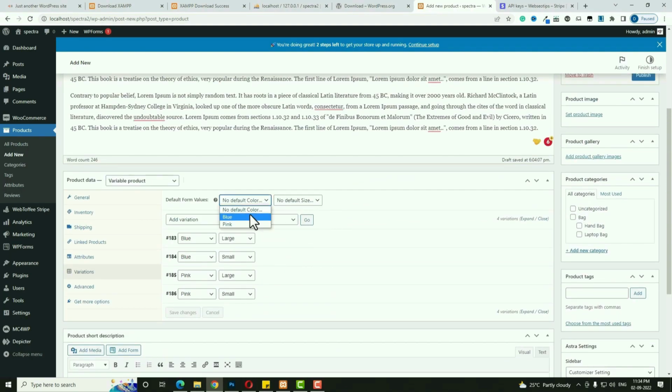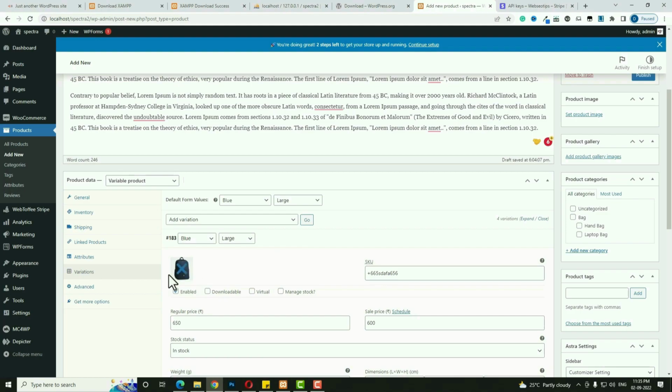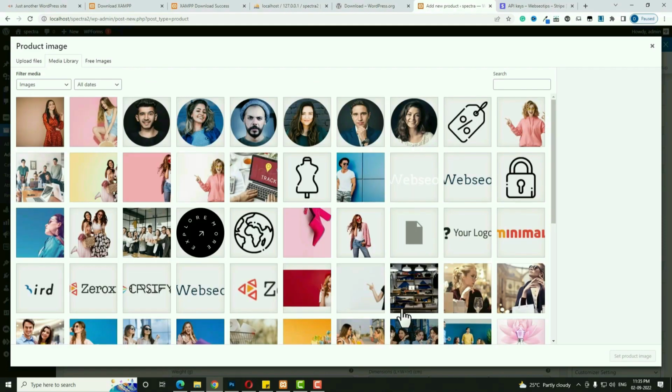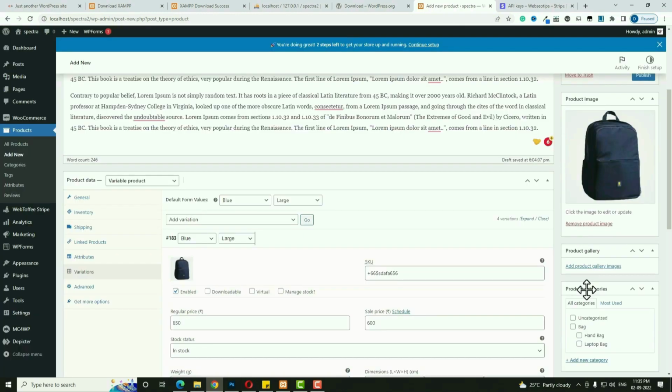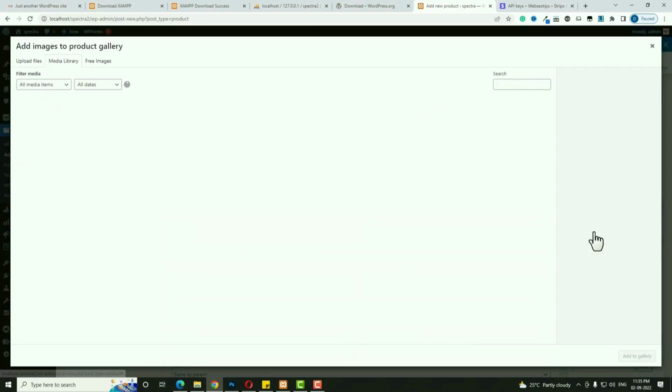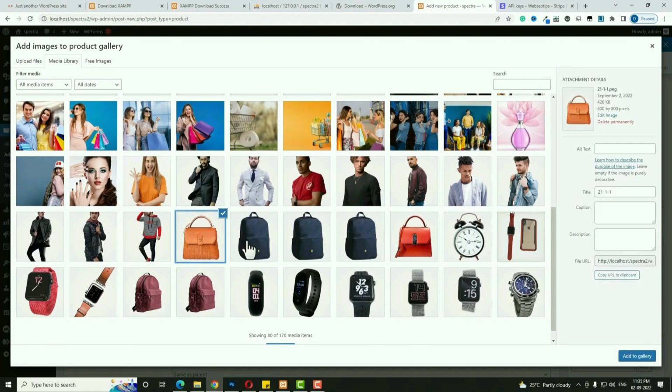Suppose I am choosing blue and large. Now for the blue and large combination I select this image as a product image. Okay, the similar image you have to upload in the product image. Hope you understand the concept. So blue color large size, I mean this one. Okay, click on the set product image, and after that again I have to choose the product gallery image, click on this, and from the media library suppose I am taking this image, and this image as product gallery image,